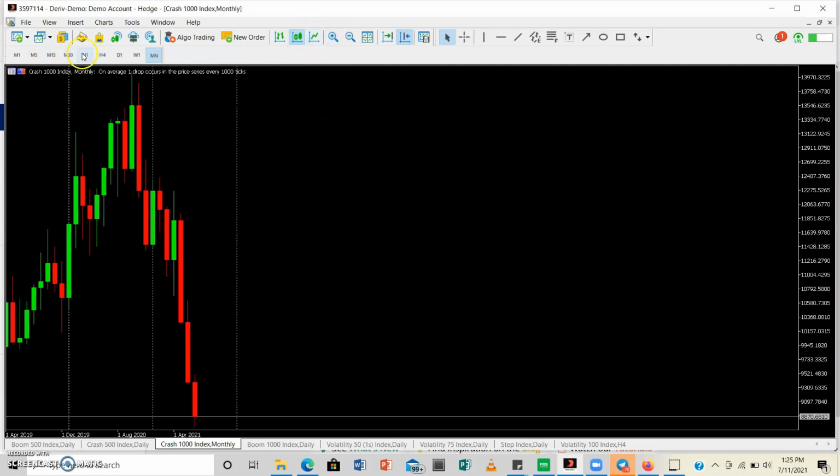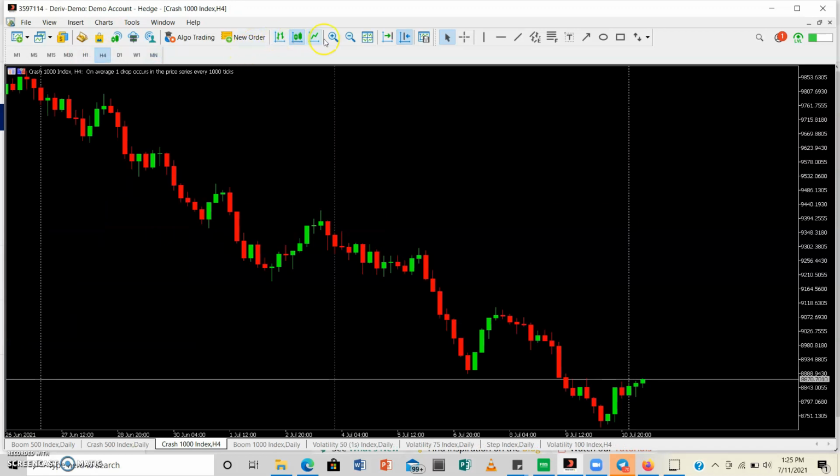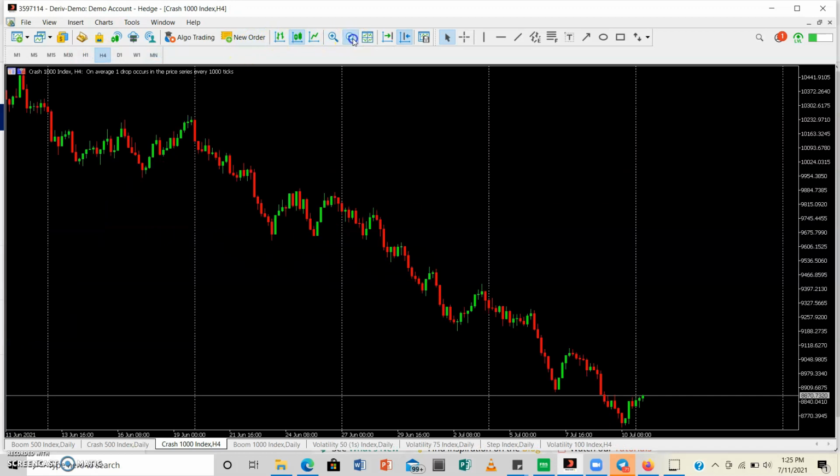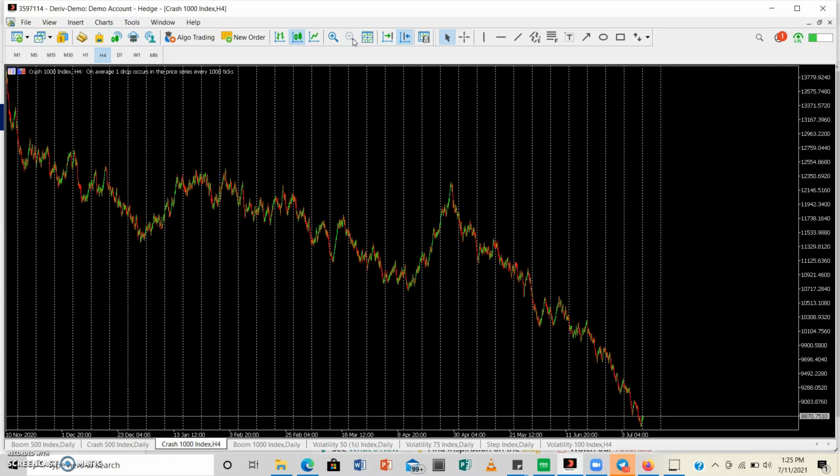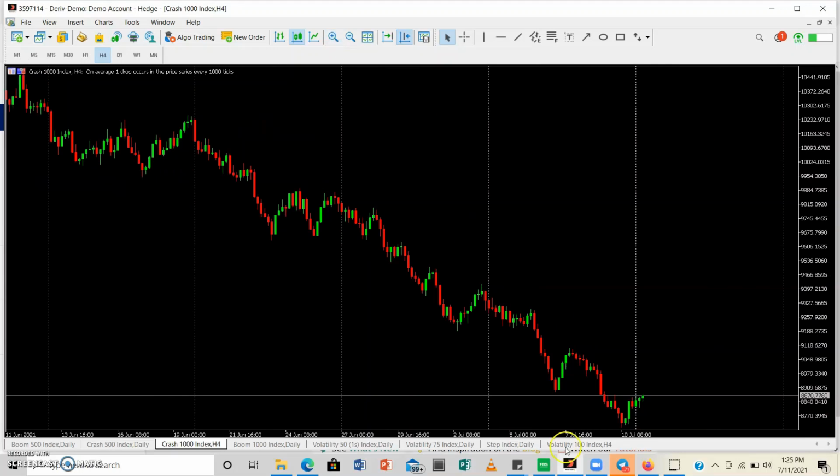So what we're going to do is go to lower time frames, the 4-hour time frame, to look for a proper market structure and see if we can find it. And already from the 4-hour time frame, you can see this bullish momentum coming up. But we've also experienced this bullish momentum at this point, also at this point, also at this point. So this might again be a fake bullish momentum, which then leaves us with only one option: to start looking for sell opportunities, right?